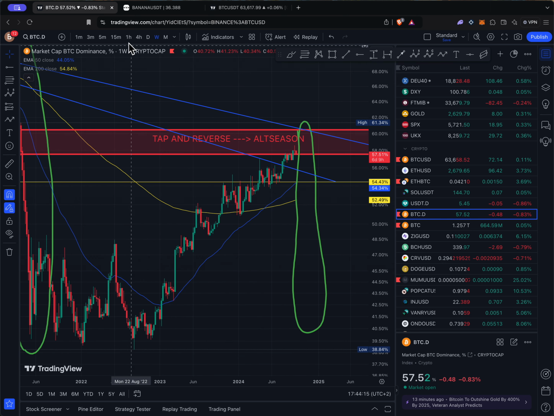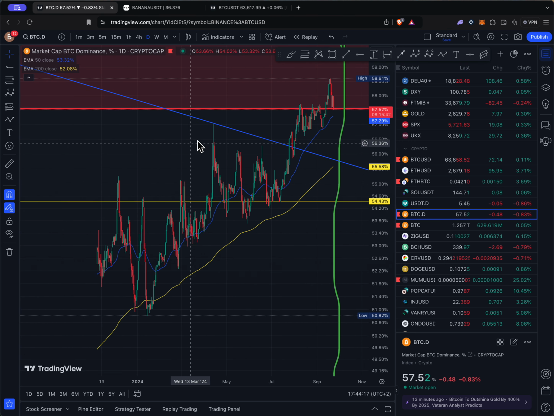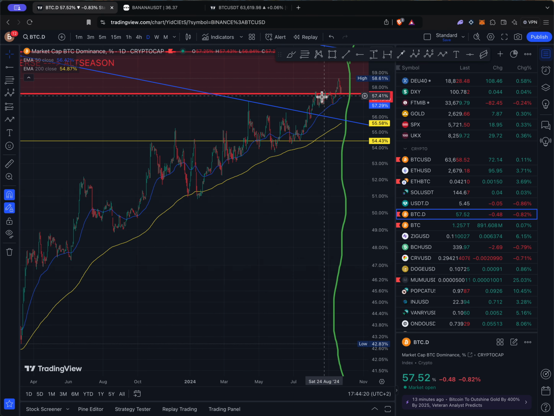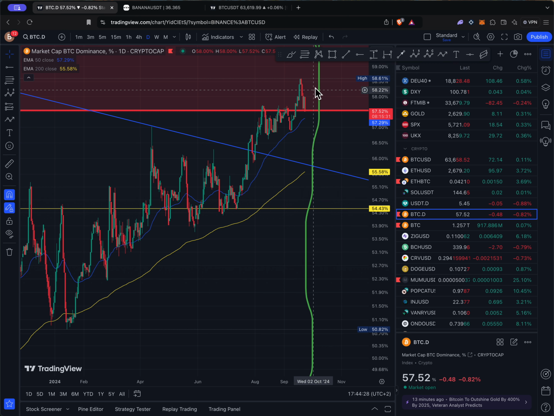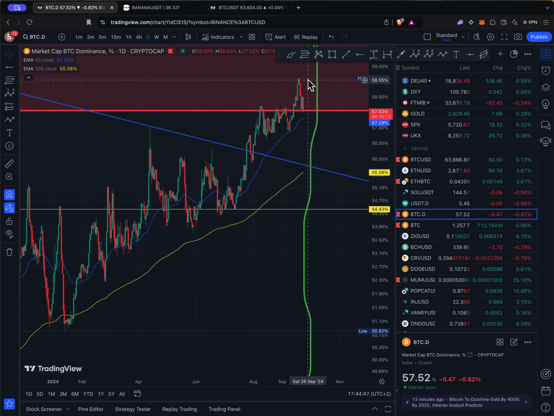So now it tapped. Gonna go on the daily. It's inside the zone. It's retesting. This is so far a bullish retest, but it might go down. But to have the real alt season like it's intended, we need Bitcoin to go over a new all-time high. So over 80K, 85K, that zone, and then retesting and keep ranging after breaking out to have a proper alt season. Right now we are having kind of the start of a mini alt season,